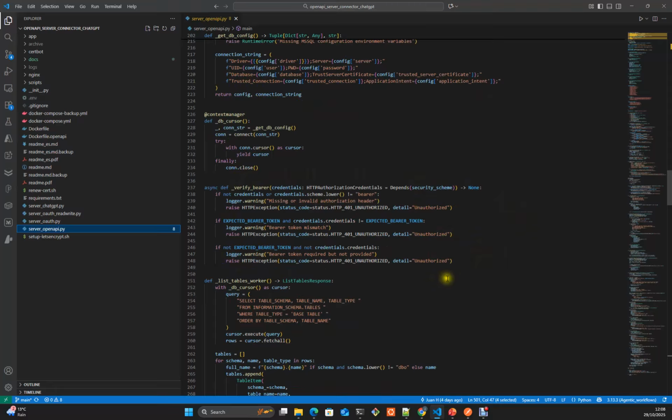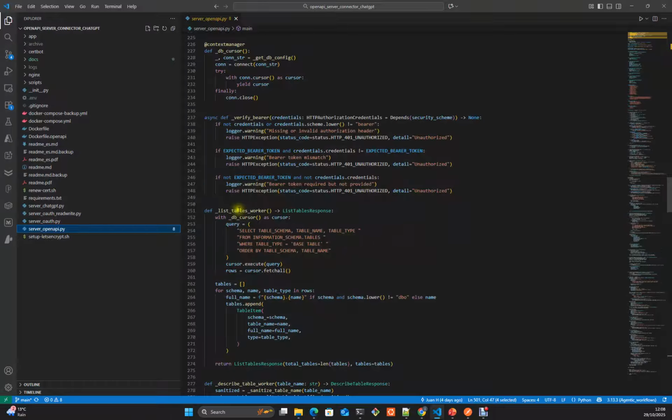Here we had the method that we will use to verify that from your HTTP headers you had a correct bearer token. If not, we will return that you are not authorized to interact with that endpoint. So every endpoint that we want to protect, we will need to include, as you will see now down, the verify bearer to authorize or not authorize the user to access that specific tool.